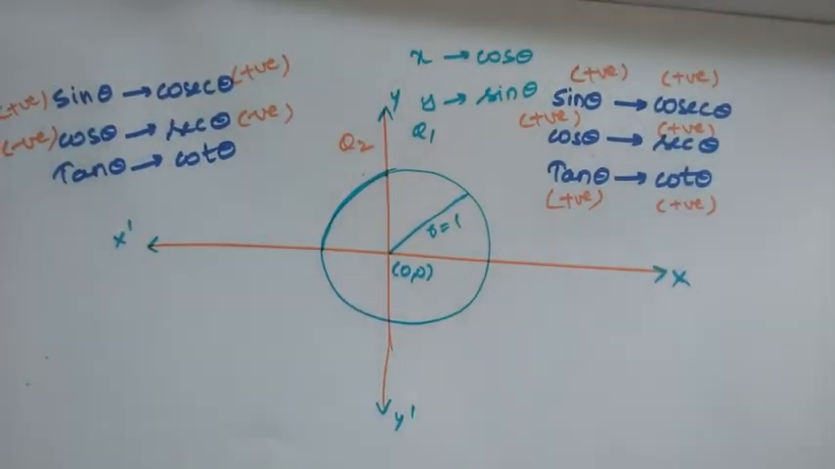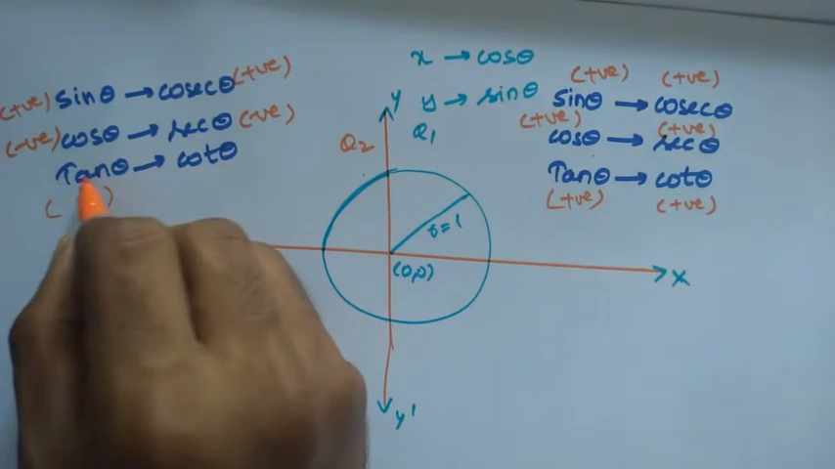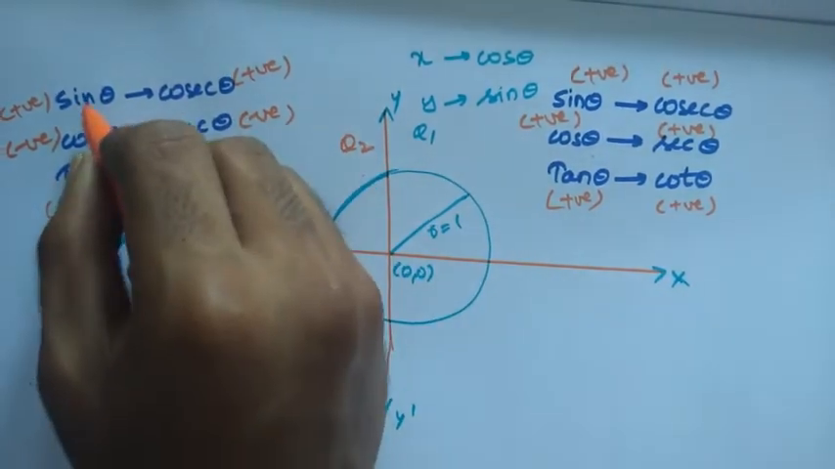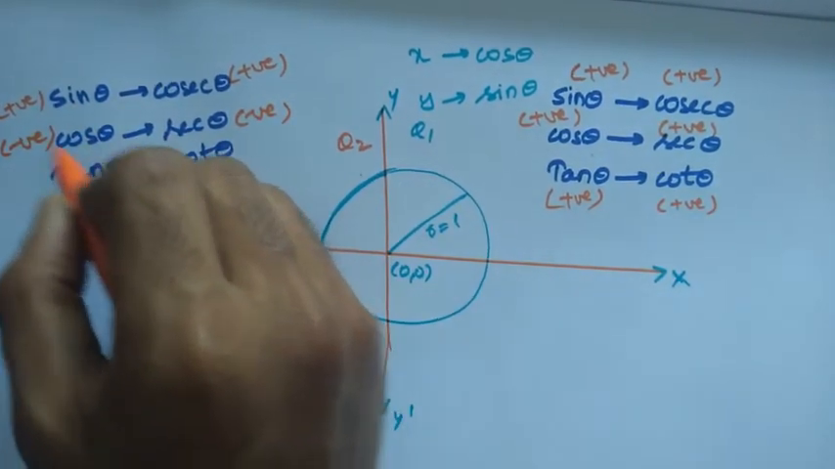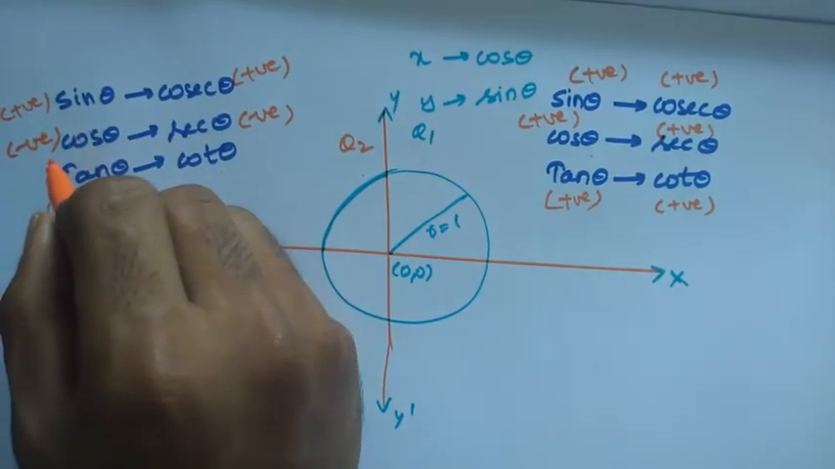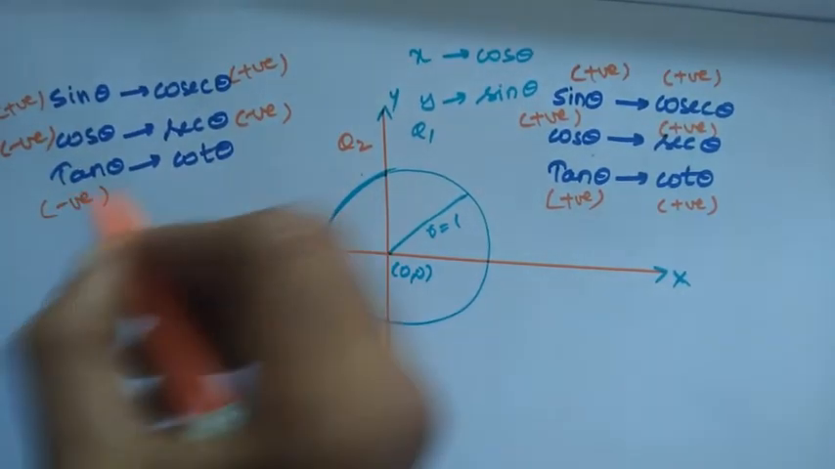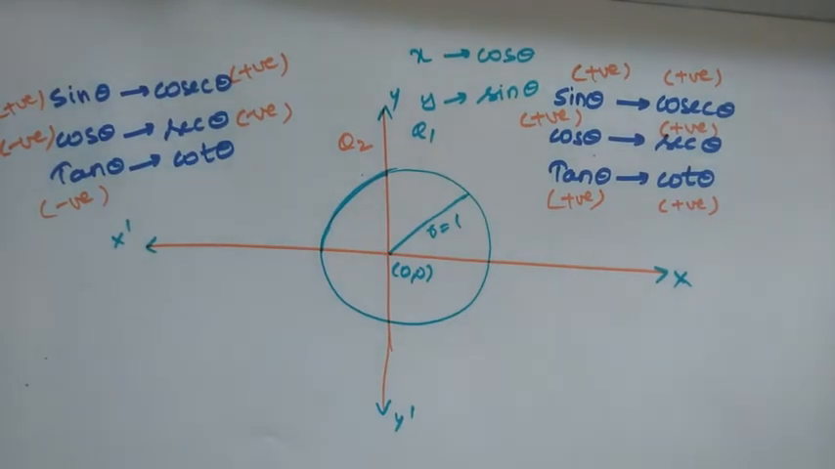Okay, now coming to tan. So tan is nothing but the ratio of sine theta and cos theta. Sine theta by cos theta gives tan theta. So a positive quantity by negative quantity gives a negative quantity. So tan theta is negative here. Also,